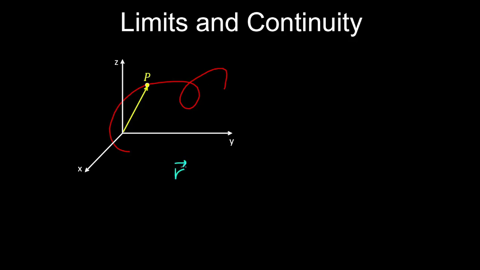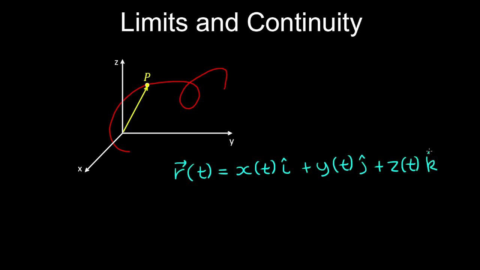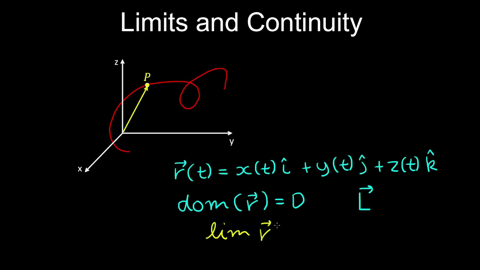So if we're given a vector-valued function of a parameter t equal to x(t) in the i direction plus y(t) in the j direction plus z(t) in the k direction, and if this vector-valued function has a domain D, so the domain of r is D, and we have a vector L, then the limit of r(t) as the parameter t approaches a value t0 is equal to L